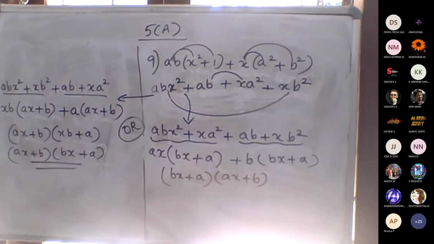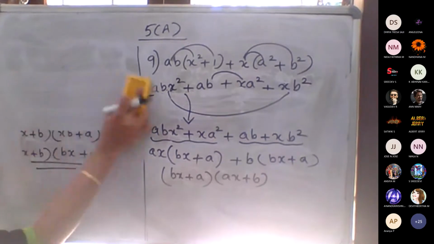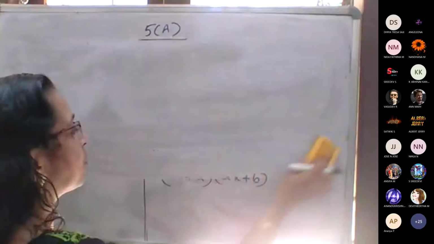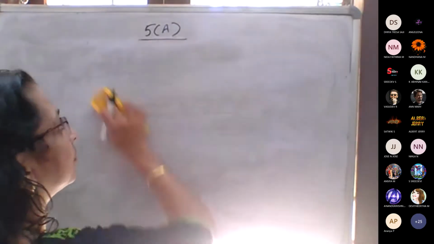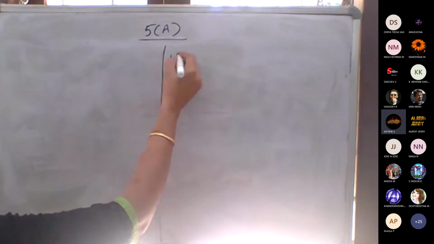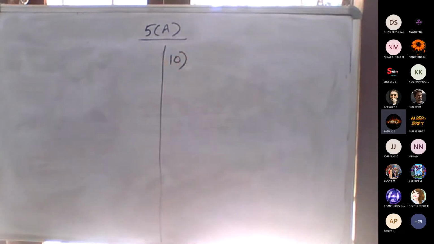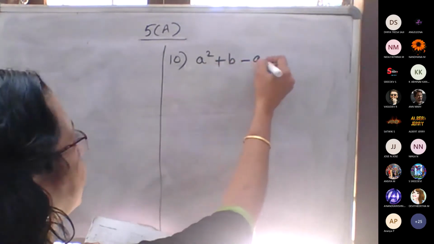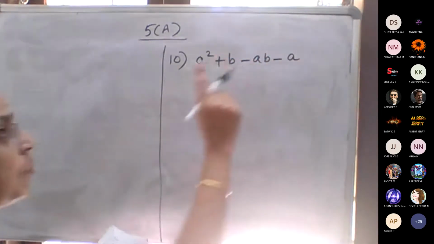Okay, then 9th one is completed, now the 10th question. Yes. So the same way you have to complete this. Try your own 10th one. Take your rough book with you just to try it. Which one will be possible? It's also like the 9th one. Only one method is enough. So either one method. From the next question onwards, I am doing only one method.